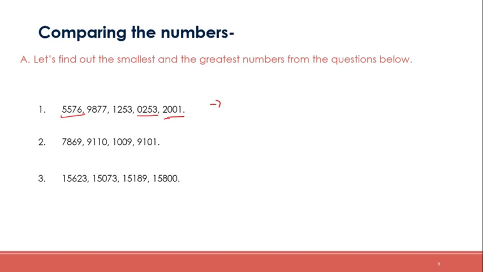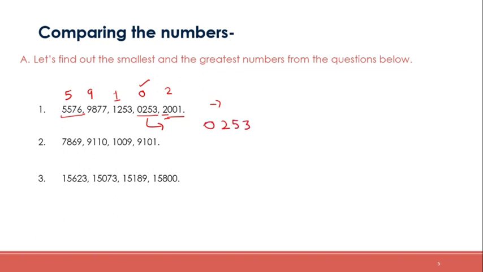So if we look at the digits at the highest place value, what we get is there is a 2 here, there is a 0 here, there is a 1 here, there is a 9 here, there is a 5 here. So to find the smallest number, we have to find the smallest digit among these digits. So 0 is the smallest, right? Apart from it, what we can see is that when